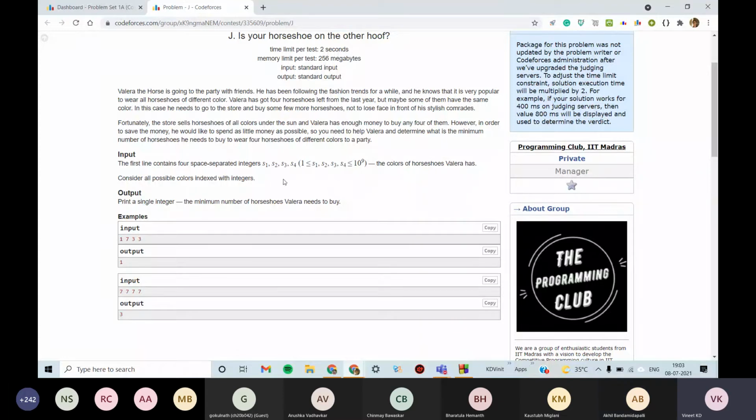We have four different numbers which represent four colors. Valera, the main character of our story, wants all four shoes to be of different colors, which isn't always the case. He has a store where he can go to buy the shoes, and he can get any number of shoes. We want to find the minimum number of shoes he will have to buy.